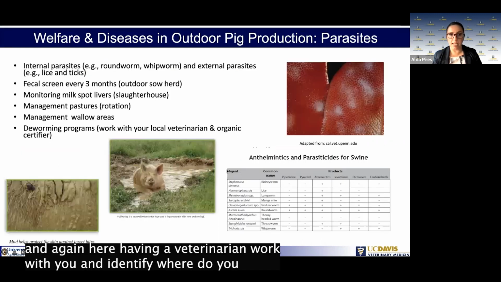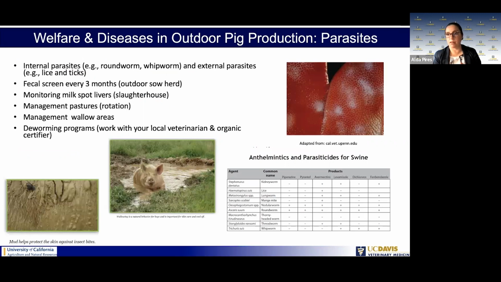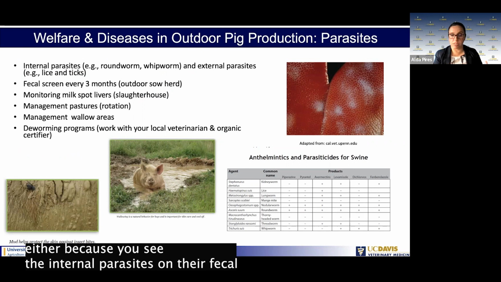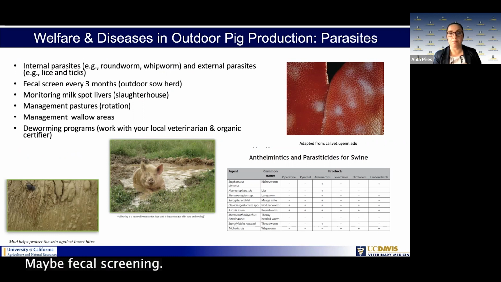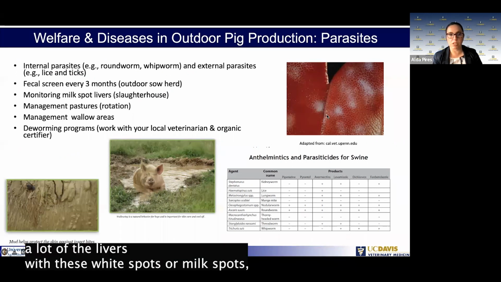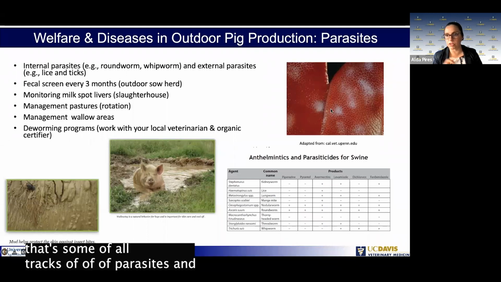And again here, having a veterinarian work with you and identify where you have a parasite problem, either because you see the internal parasites on the fecal or because you have external ones, such as lice and ticks. Maybe do a fecal screen if you think you have a parasite problem. If in the slaughterhouse they show a lot of the livers with these white spots or milk spots, that's some of the tracks of